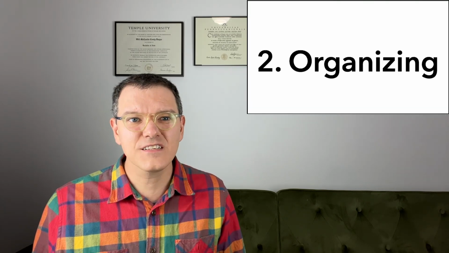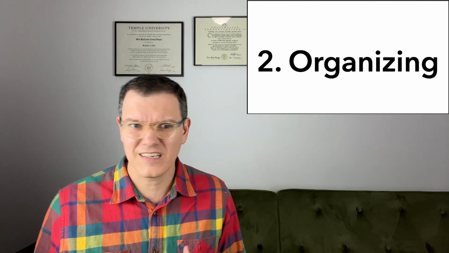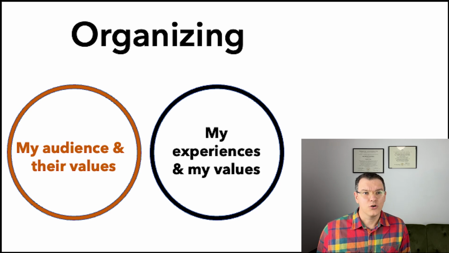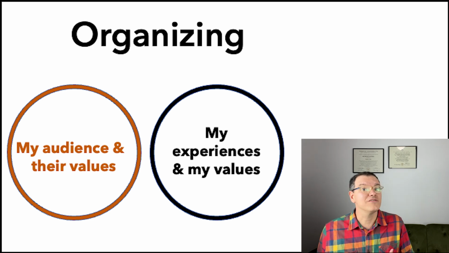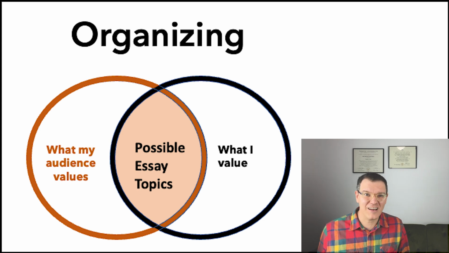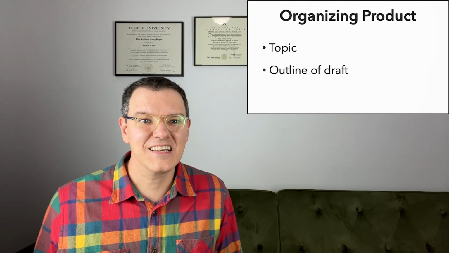The second phase is organizing or planning. In this phase, we take all the information we've collected from the ideation phase and we start putting it together. We start by reviewing who is reading our essays and what they value. And then we look at our own experiences and think about how they might exemplify our values. We eliminate many of our ideas in this stage, those that don't represent us in the best light or those that don't set us apart from other applicants. The product of the organizing phase is that we create an essay topic and an outline for our draft.